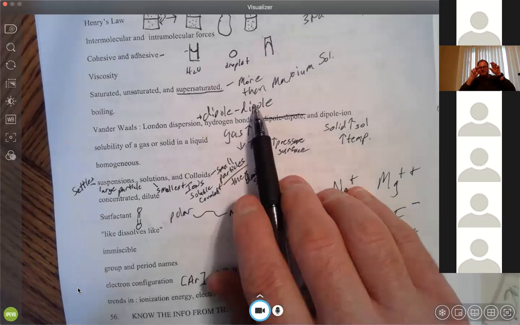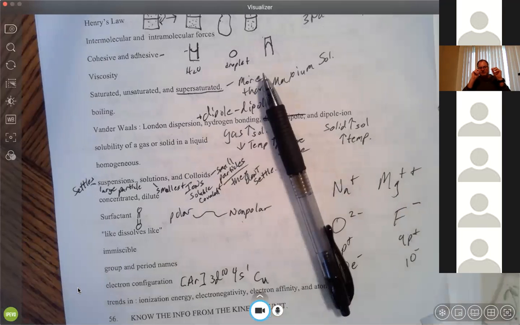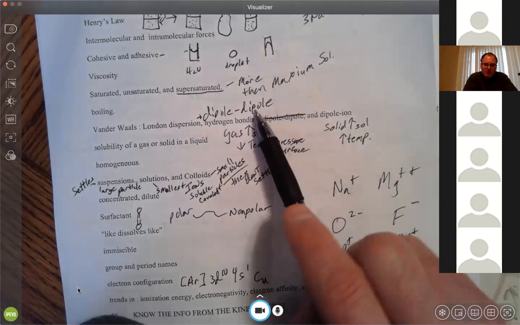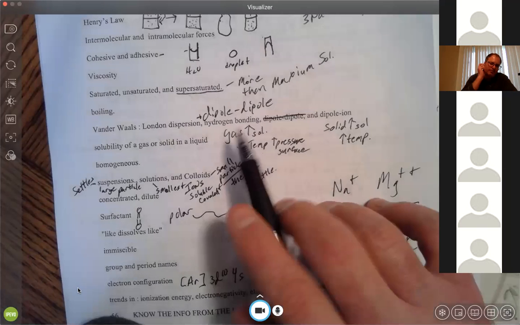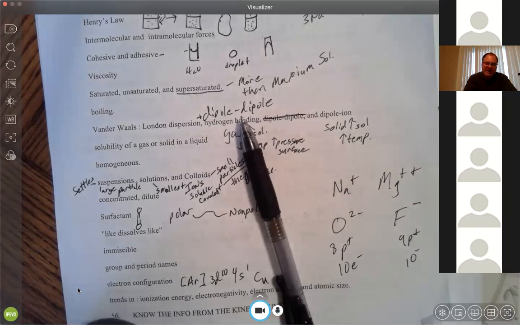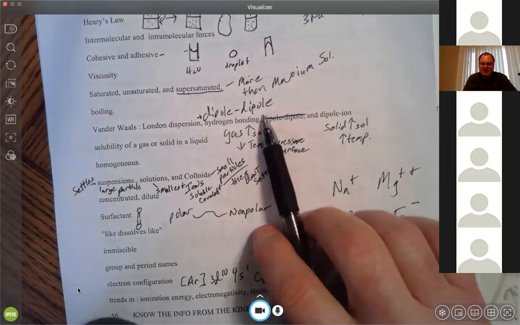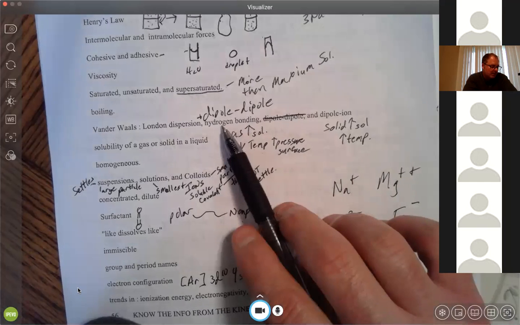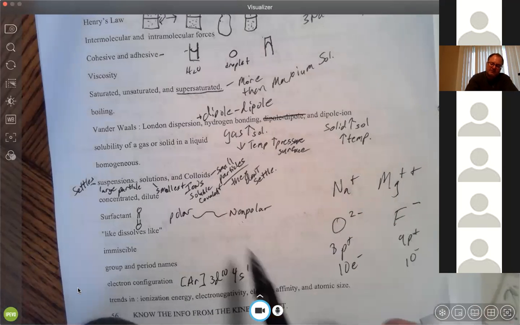London dispersion forces is like a momentary dipole, or it's called a dipole moment. It doesn't last very long, but you do have the shifts in the electrons that can cause something to be slightly more negative on one side and slightly more positive on the other side. When you have a dipole, you actually have a partial positive and a partial negative charge on different sides of the molecule. Hydrogen bonding is when you have